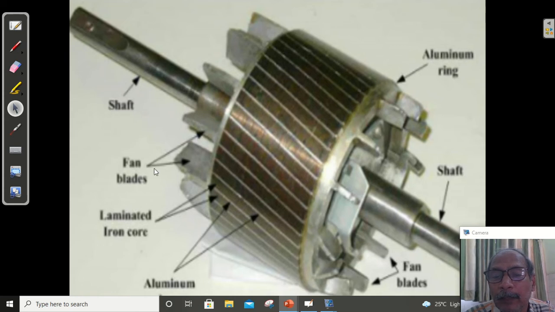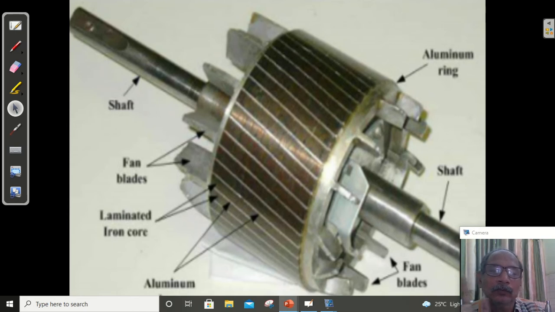This is the fan blades. ये दिख रहा है आपको, fans are there. This is the laminated core. Now this is the axis of the shaft, और थोड़ा सा angle है, right? You can say this angle is there, like this. So ये angle होने से क्या हो रहा है? Skewed. We are going to provide some skewed rotor bars, and because of this you will get the uniform torque, noise will be reduced, and locking tendency will be reduced.